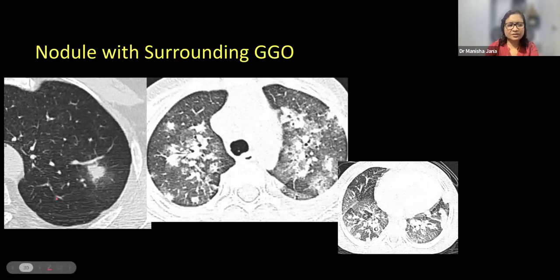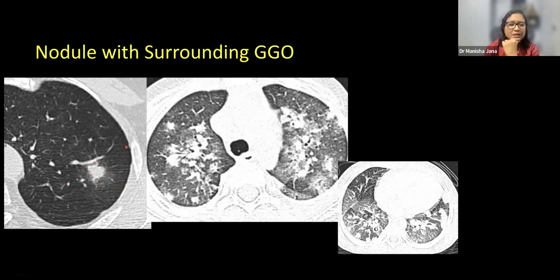Talking about a few specific features like nodules with surrounding ground glass opacity or the halo sign. We all know that this sign is described in relation to angioinvasive fungal infection, especially aspergillus infection. But there are other causes to it like GPA, or granulomatosis with polyangiitis, earlier known as Wegener's granulomatosis. They can also give this kind of appearance. However, in a febrile neutropenic kid with this kind of appearance, we should strongly suspect that there is angioinvasive